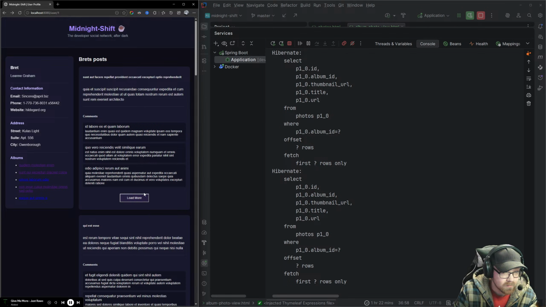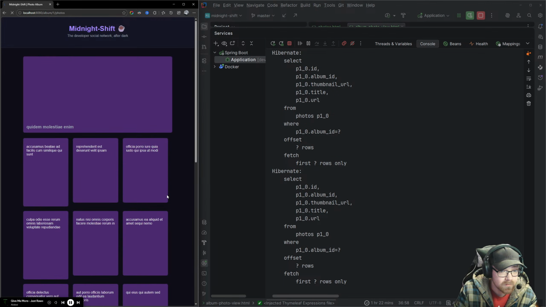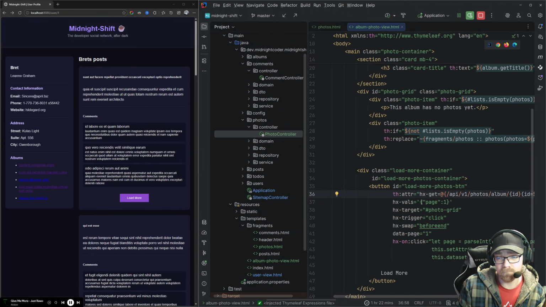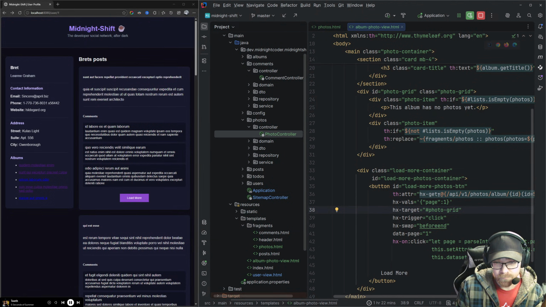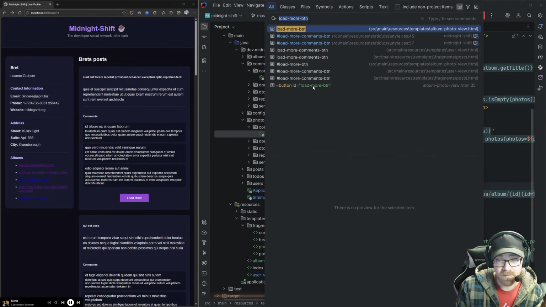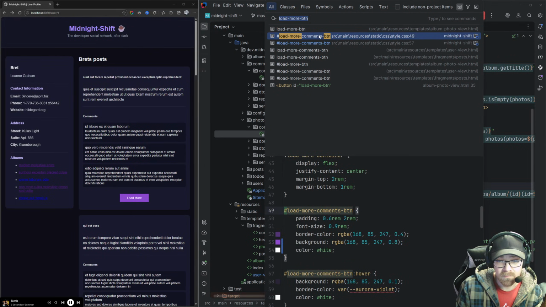Perfect. I just want to make those load more buttons look more like these load more buttons, because these ones look so much prettier. Is that what I call it in the CSS? No. Load more comments button.